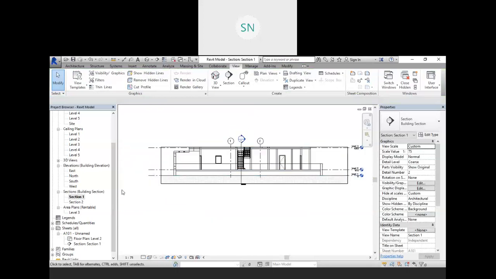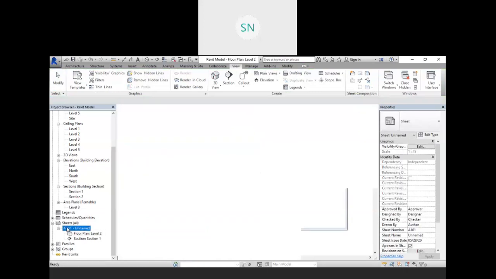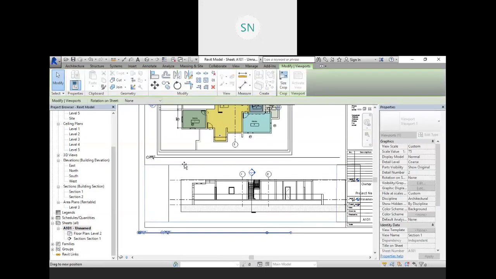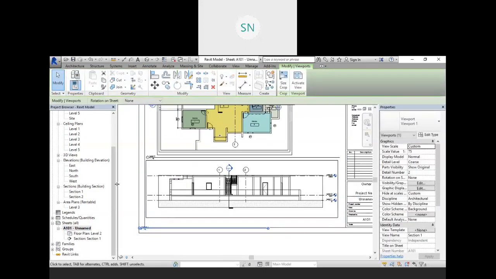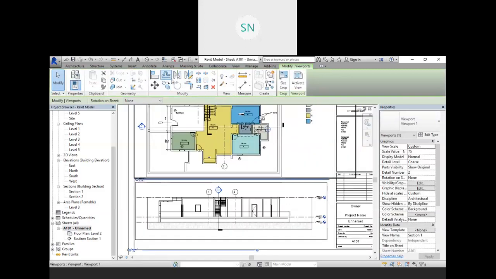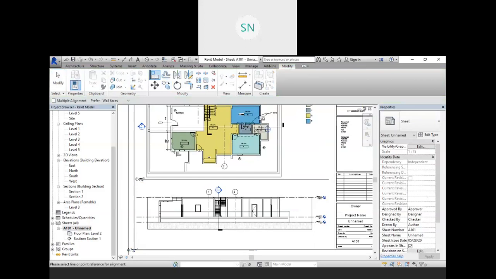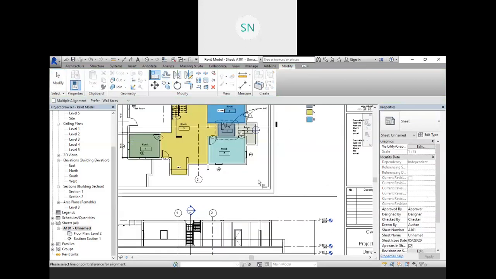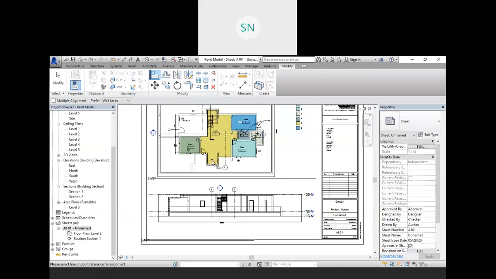Now go to the paper, and here we have that. Let me align them. So go to the align. So this align is not going to work, no problem.